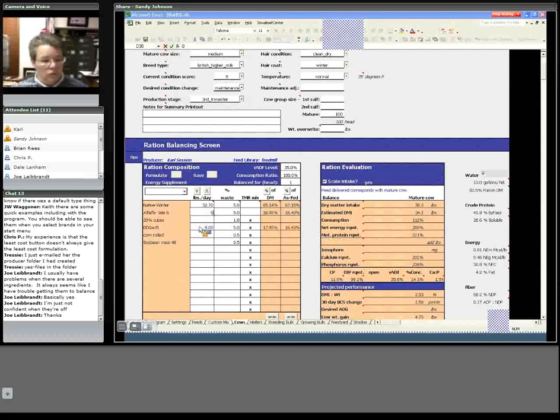Now I've taken out the alfalfa and gone to distillers without looking at anything else. You see our calcium and phosphorus, we're now meeting both the calcium and phosphorus requirement, but our ratio, over here, here's the calcium and phosphorus requirement, and then here's the calcium to phosphorus ratio. And notice you've got that little help screen there. A value around 2 to 3 to 1 is appropriate, and so we're